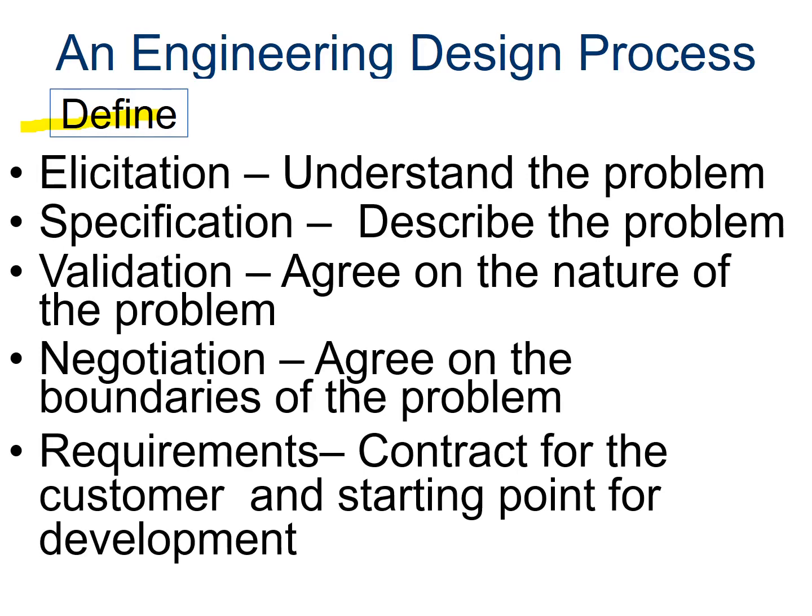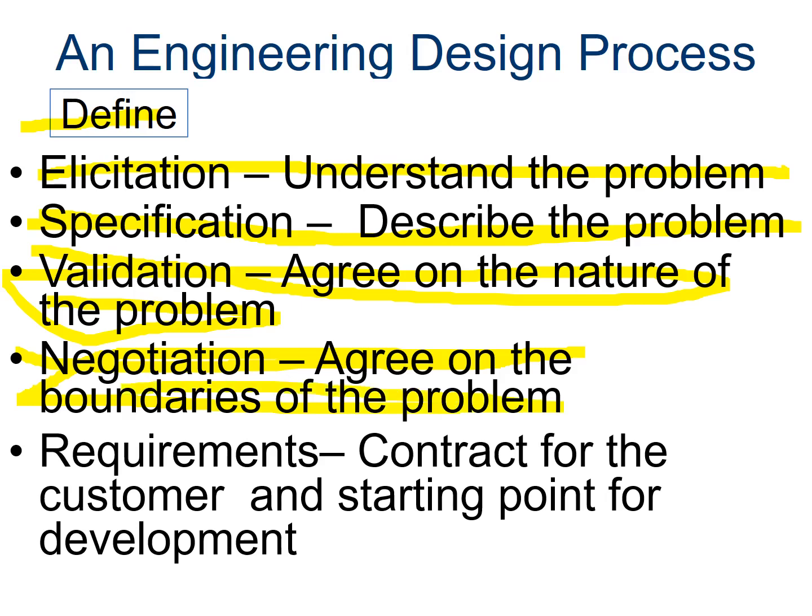These terms for requirement engineering are shown here really just so that we can see that defining the problem can be very complicated. The first term, elicitation, is making sure we understand what the problem is from the customer. Specification is where we're describing what the problem is. Validation is we're agreeing with the customer on what exactly the problem is. Negotiation is where we work with the customer so that we know where the problem starts and ends, what the boundaries are. The requirements piece is our contract with the customer, so that we know where we're going to kind of get started, where we're going to end in this particular